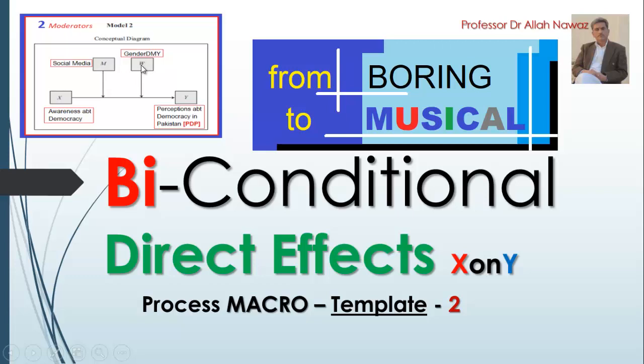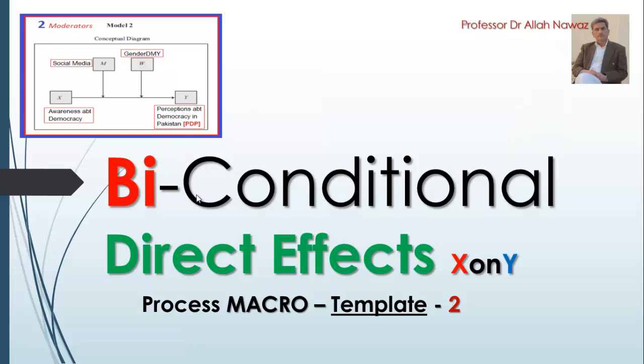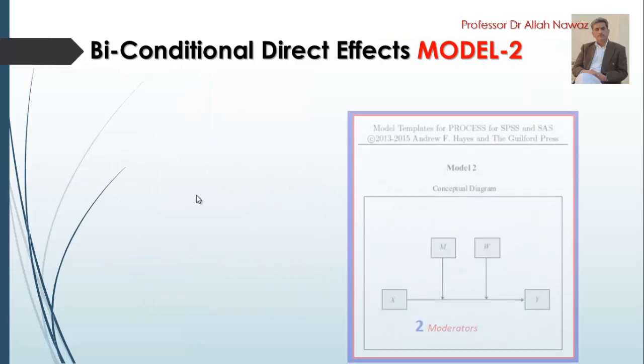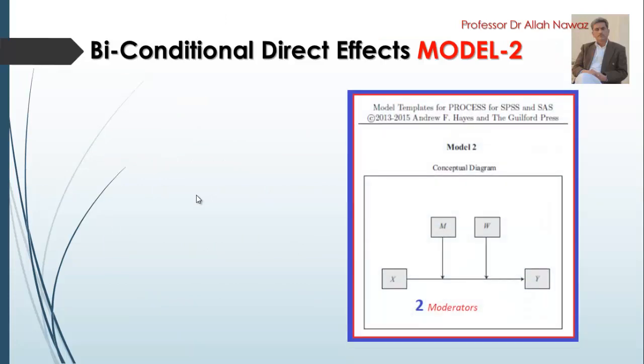which will change the effect of X on Y because of their interactions with the X variable, thereby becoming three independent variables along with their interaction terms to change the Y variable or test variable. The model used for this purpose is Model 2 from the Hayes database, and as we have already seen that the